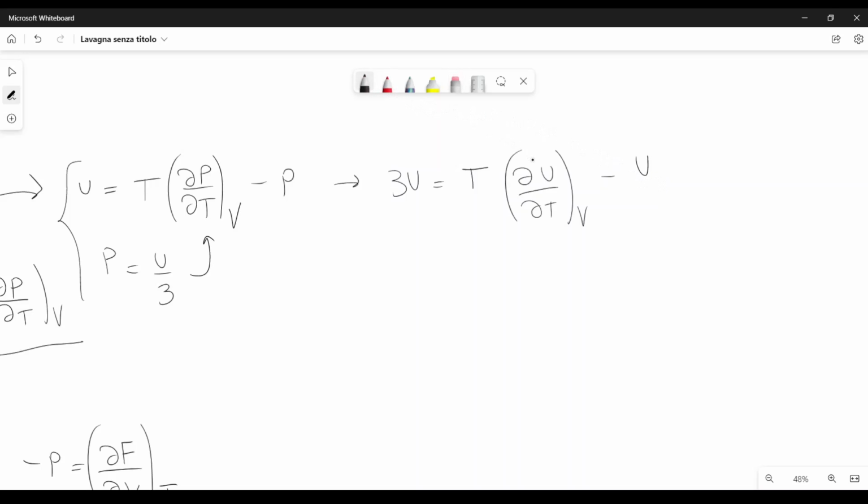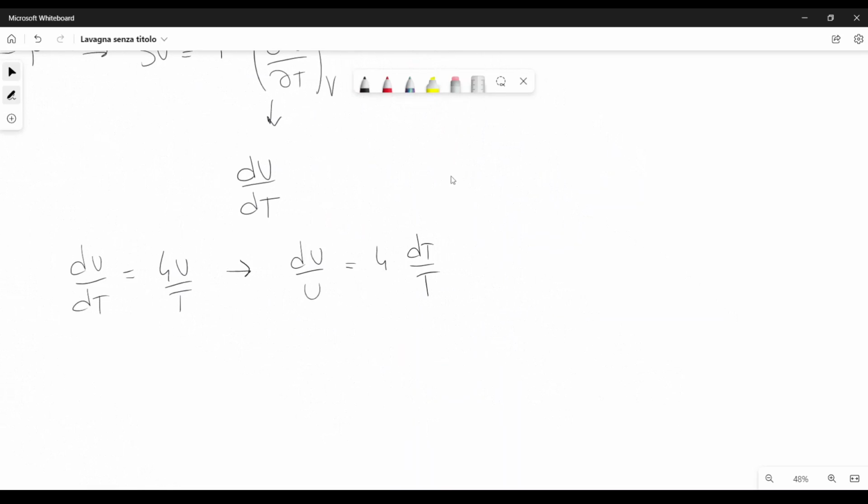And also, by the way, dU dT at constant volume can also be written as a total derivative, dU over dT, because the energy density per unit volume does not depend on the volume. It depends on temperature, but does not depend on the volume. So we can rewrite that equation as dU over dT equal to 4U over T. And therefore, this can be rewritten as dU over U equal to 4 dT over T,